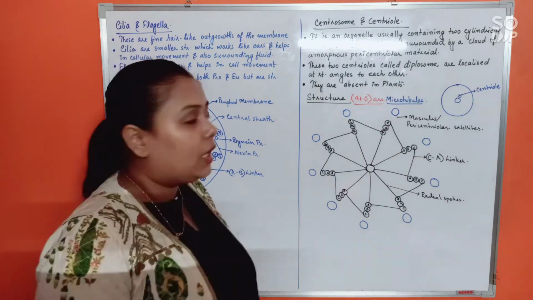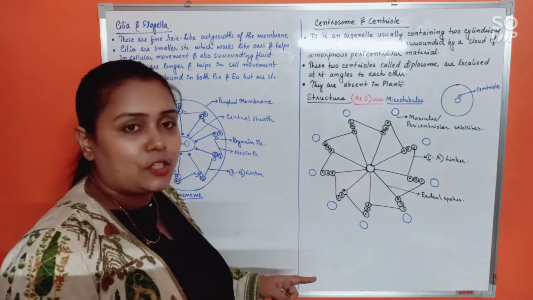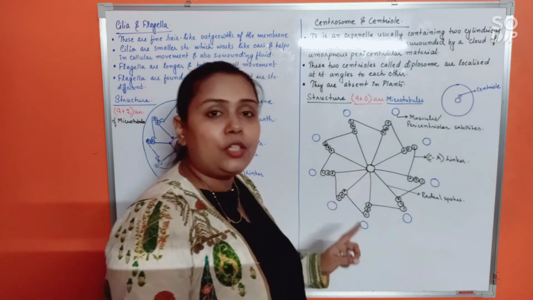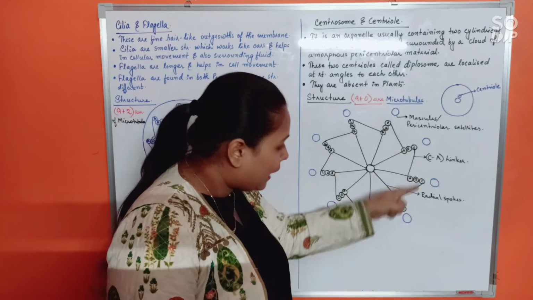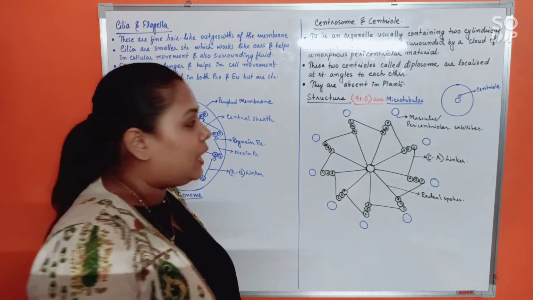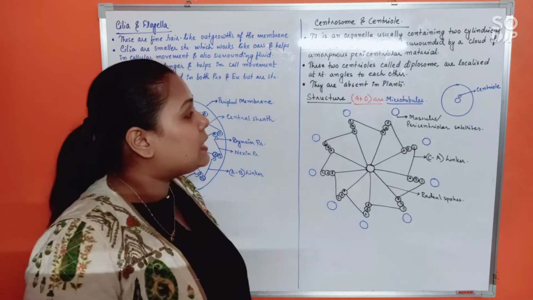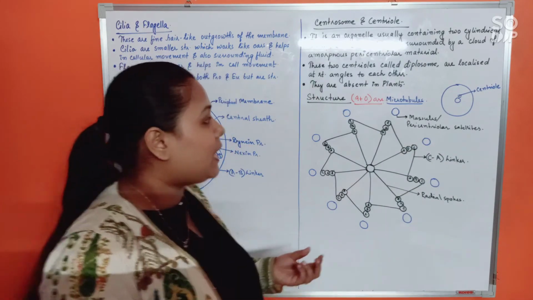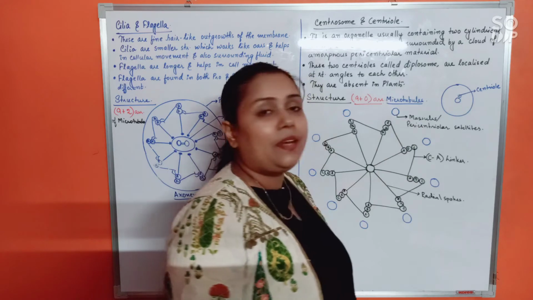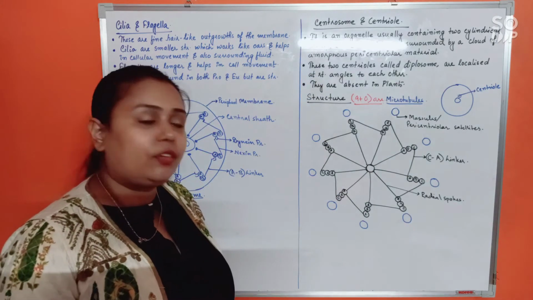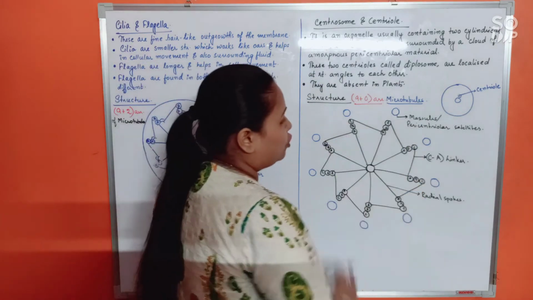Okay. The radial spokes would attach all the microtubule triplets at the center that consists of the proteinaceous hub. Okay. So do remember, unlike cilia and flagella, the centriole do not possess any membrane. You cannot find any membrane here. Rather, each microtubule triplet on the sides would contain certain amorphous substances that are called mesiules or pericentriolar satellites. Alright. So this is the structure all about.